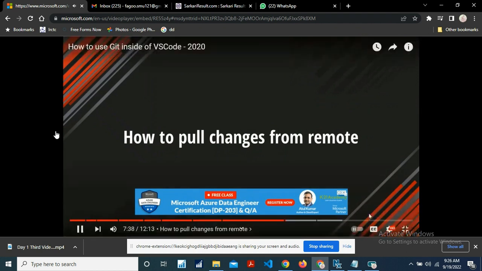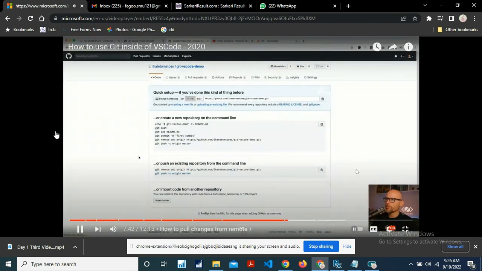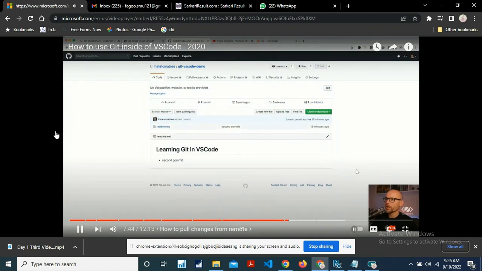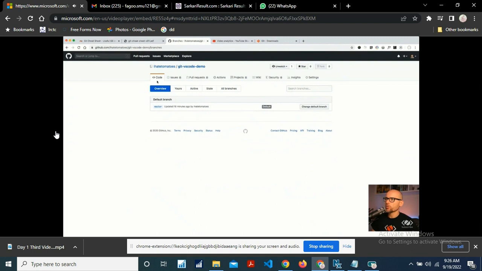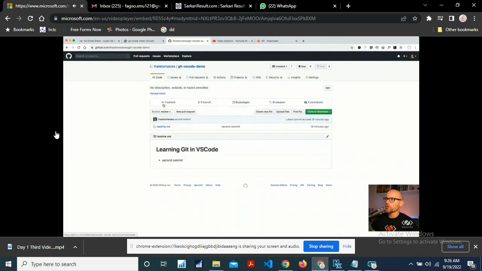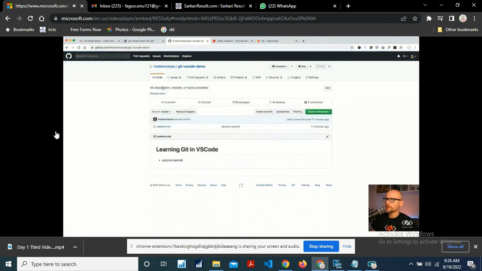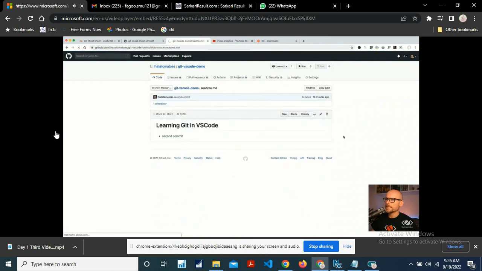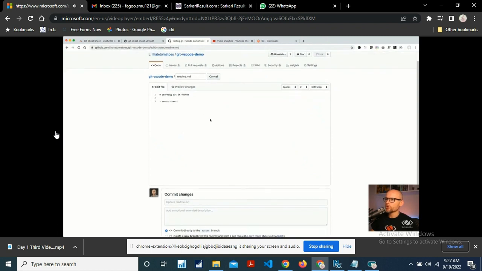Now, if we go back to GitHub and refresh the page, we'll see that we have one branch with one commit. So that's the code we had originally only on our local. Now it's published. And let's go to the README file and edit it on the server, and then we'll be able to pull the changes back to our local. Okay, so I'm gonna add another line,